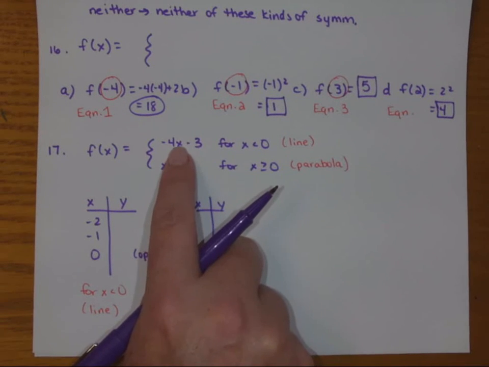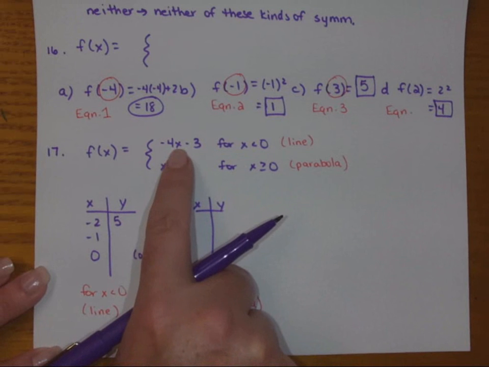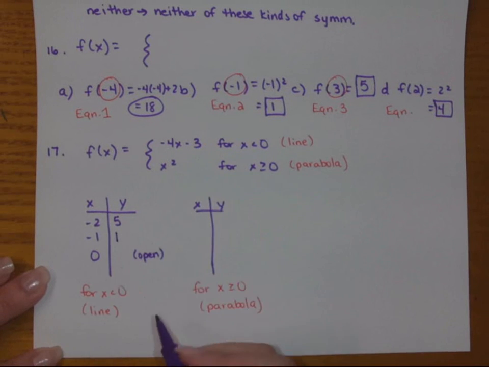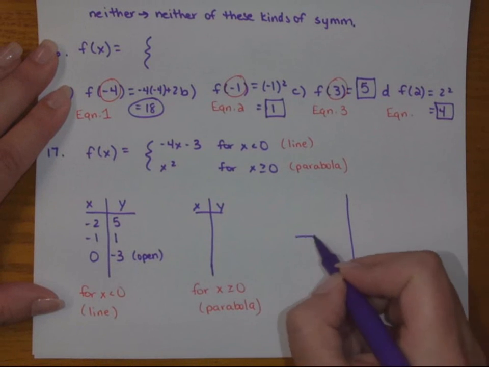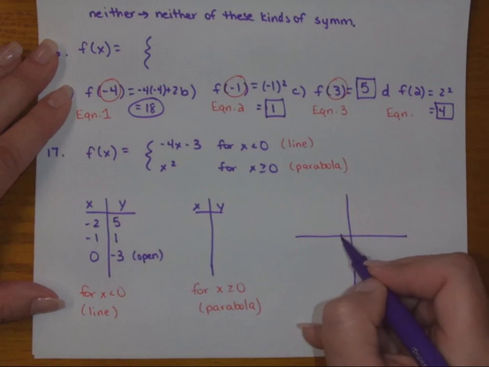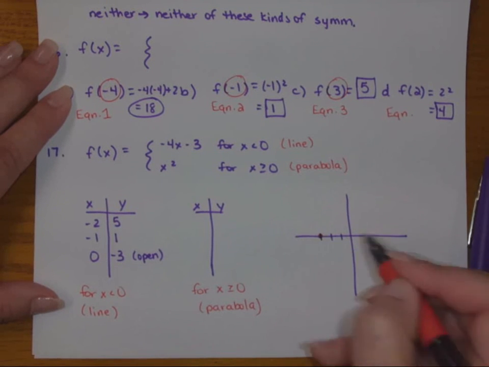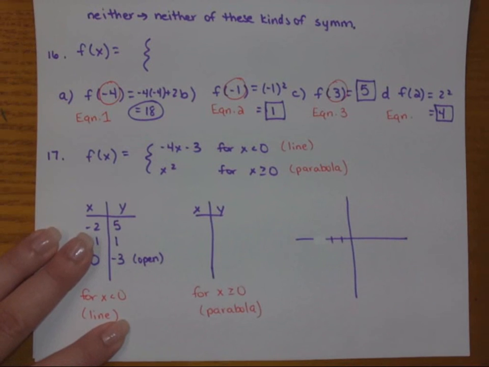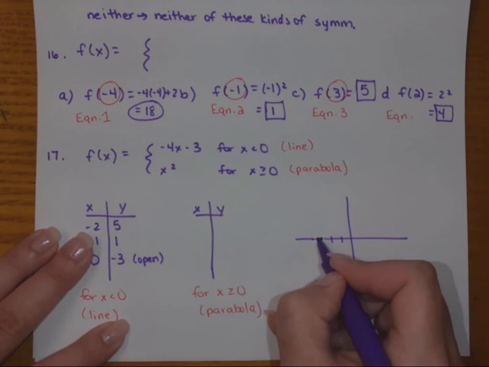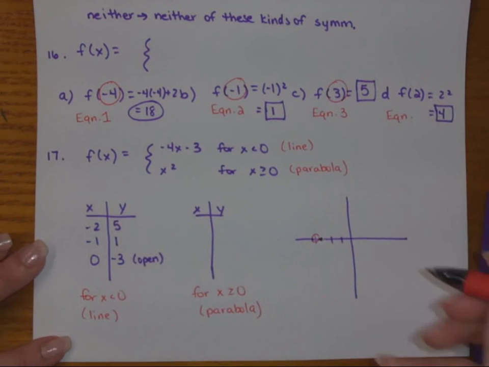So -2 times -4 is 8, minus 3 is 5. -4 times -1 is 4, take away 3 is 1. 0 minus 3 is -3. So you have a prettier graph on your paper, on your review. So I've got 0, -3. Oh, but I forgot to make that open. So 0, -3 is open, and then I've got -1, 1,